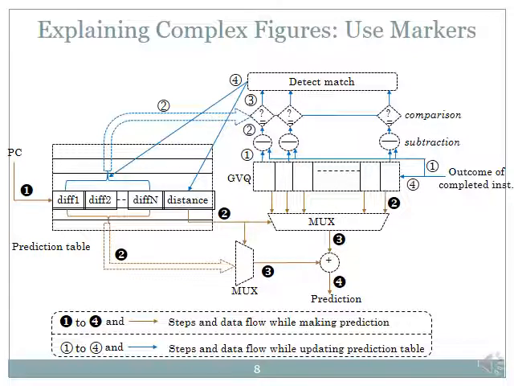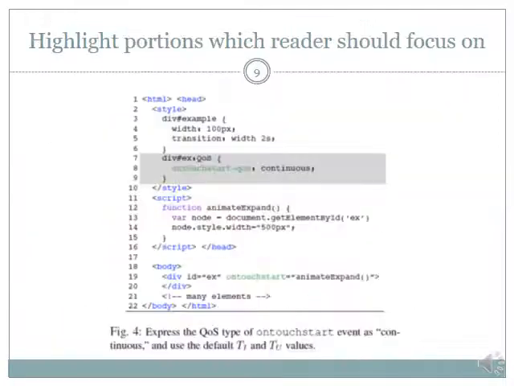Here is another example. Here there are markers 1 2 3 4, and there is another marker. One marker is white on black, another marker is black on white. So these are showing two workflows. If you were to see this one and then two and then 3 and 4, although this is a figure, it looks like a video. That means you are not only explaining a static image, but you are explaining a whole flow, which is a very powerful way of explaining your technique in the research paper.